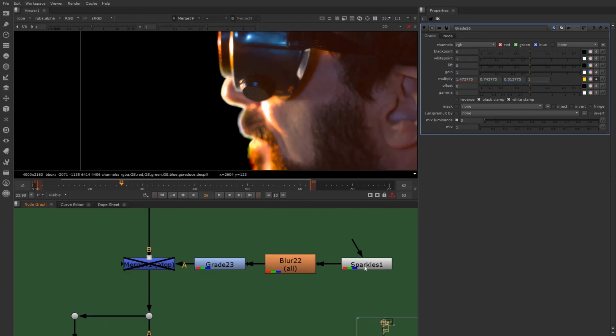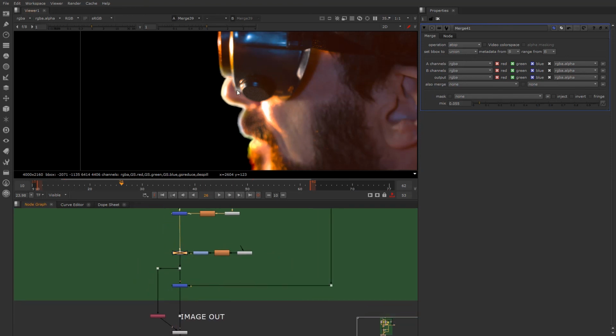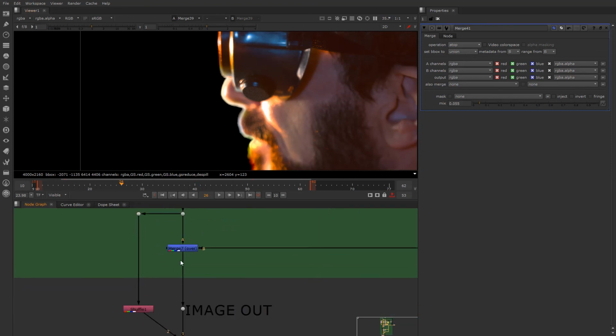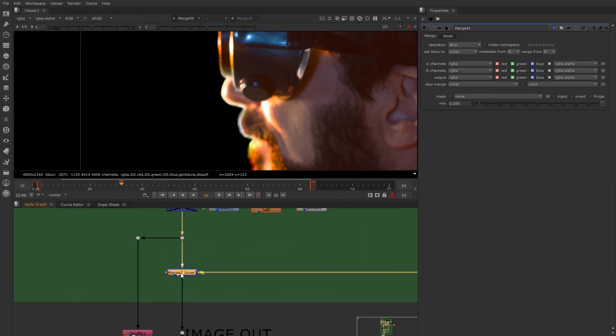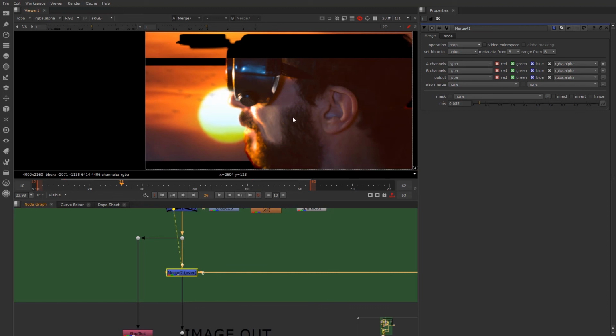So this is the sparkles. If I go ahead and merge that on, I'm not going to show that. It basically adds like a little bit of a sparkling or lens flare or whatever. You can add lens flares, but don't ever go overboard with it. And voila, we come to the end with the merge node. And there is Jack in all his glory, and a lot of that edge work has been taken care of